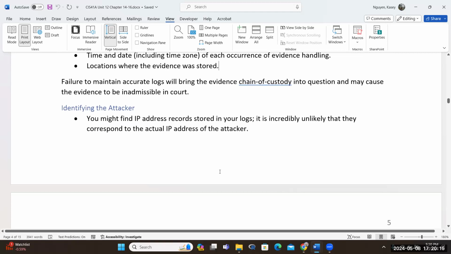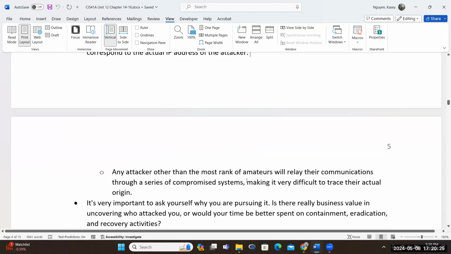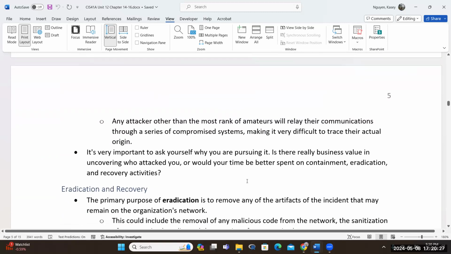So for us, a lot of the times when you identify your attacker, you're going to see them as addresses or network traffic. And then if they are already on your network, then they become user accounts. But we hope to not let them be on our network. So if they're in your compromised system, then it is a lot more difficult to identify.